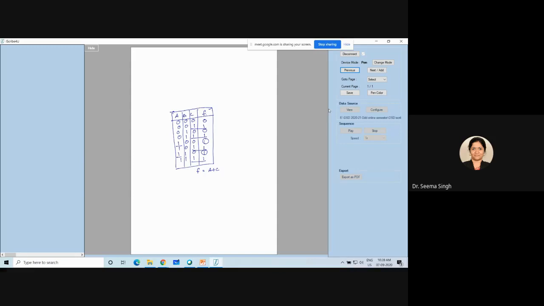Now that is a 4 variable, right? The question was, what was the question? Can anybody repeat the question? It was A, B plus C, D bar, right? So I want you people to write for this, F is A, B plus C, D bar. The answer you people got, what was the answer? The answer was minterm 2, 6, 10, 12, 13, 14, 15.